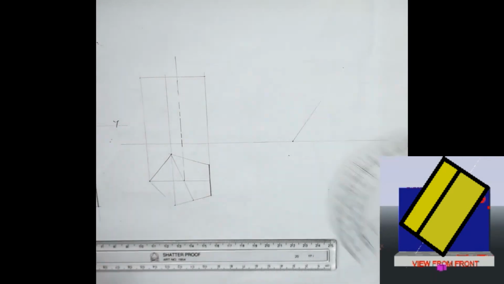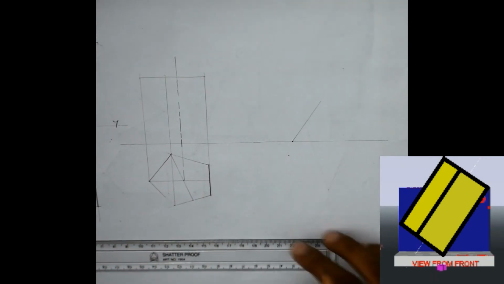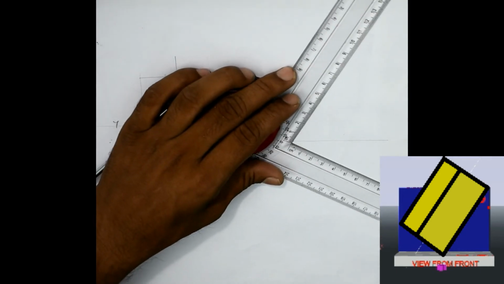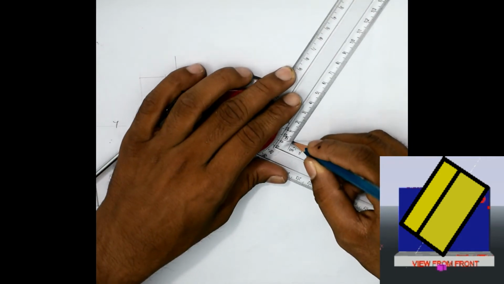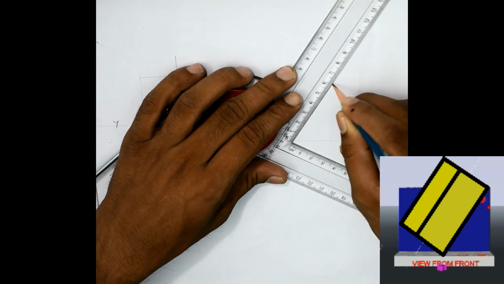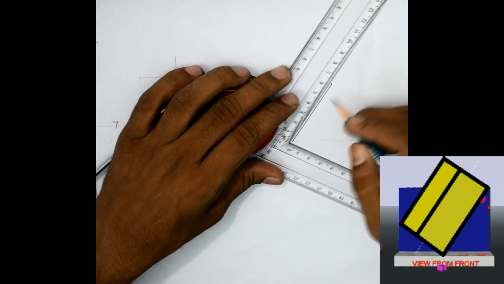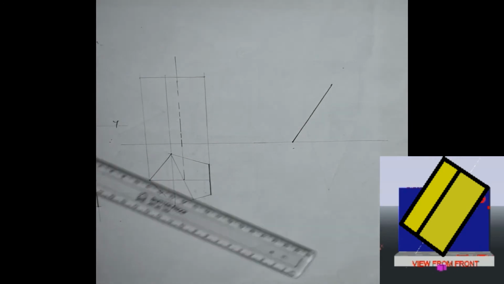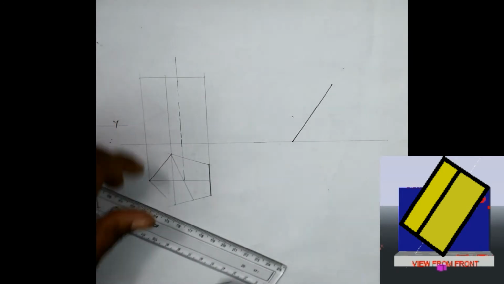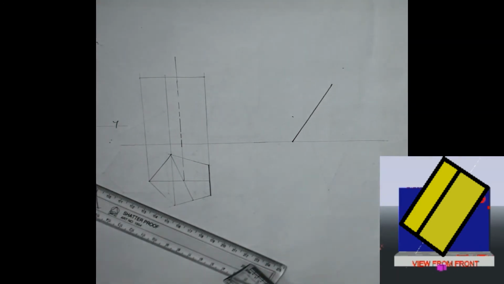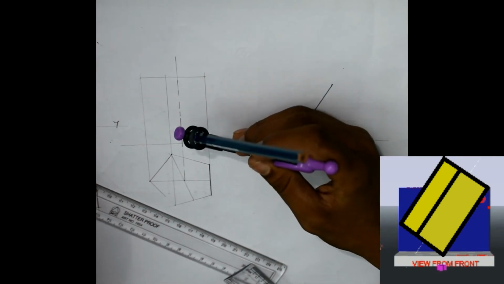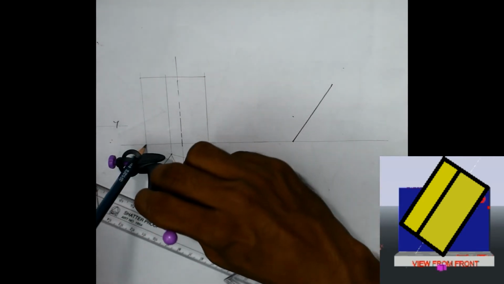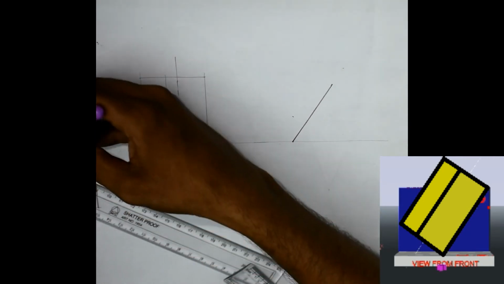Now I can draw this with the 2H pencil. This is going to be a 60 mm. See that the angle here is 60 degrees, and I need to measure the length, which can be measured with the scale or else with the compass also. With the compass it's showing a length